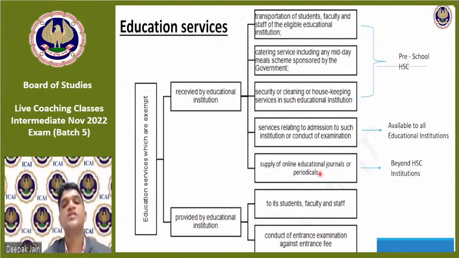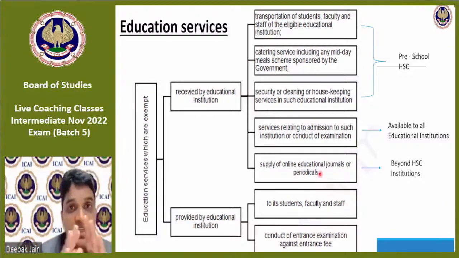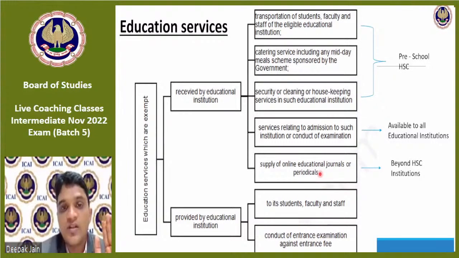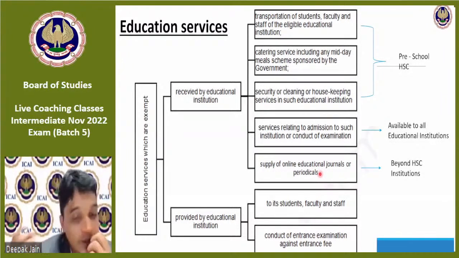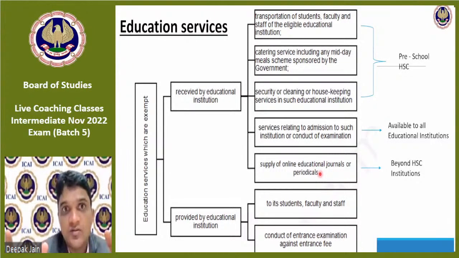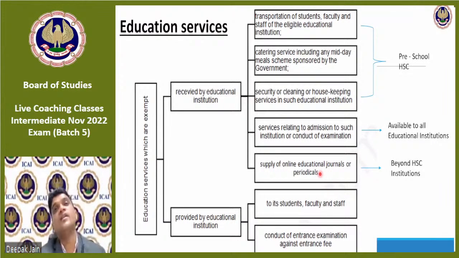ठीक है, then supply of online educational journals or periodicals, तो ऑनलाइन जर्नल्स और पीरियडिकल सप्लाई करेंगे उनके ऊपर भी एग्जेम्प्टेड है, बट ये किसके लिए? ओनली बियॉन्ड हायर सेकेंडरी स्कूल के लिए, प्री स्कूल और हायर सेकेंडरी स्कूल के लिए टैक्सेबल रहेगा। सो सप्लाई ऑफ ऑनलाइन एजुकेशनल जर्नल्स और पीरियडिकल्स, अगर मैं स्कूल को सप्लाई करता हूँ तो जीएसटी चार्ज करूंगा, लेकिन मैं कॉलेजेस वगैरह को जो सप्लाई करता हूँ तब एग्जेम्प्टेड रह जाएगा।